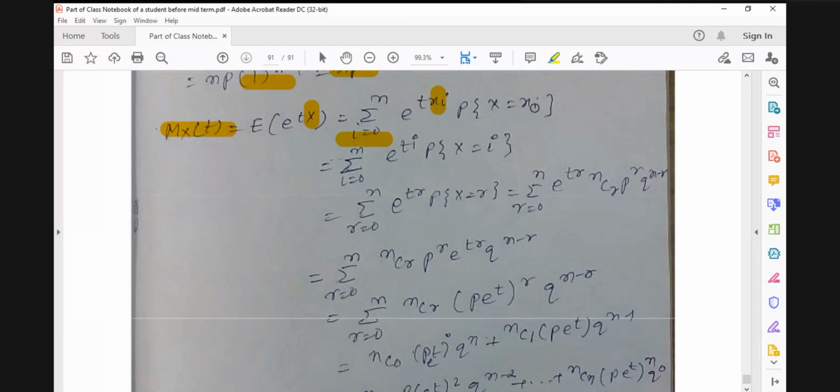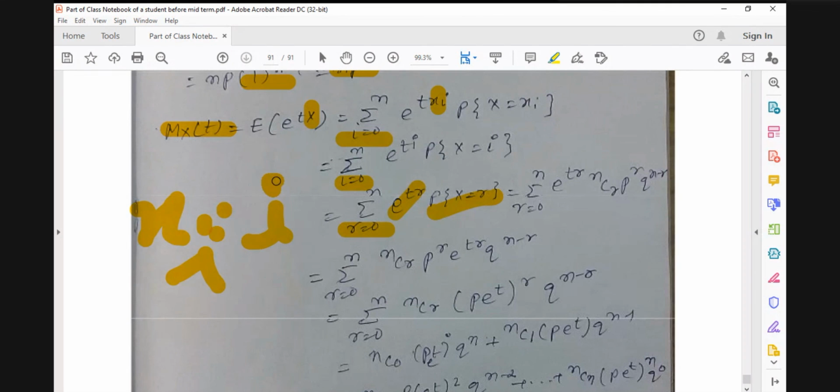We can write it in terms of r also: summation r goes from 0 to n of e raised to power tr and probability that x equals r, because in this binomial also xi is